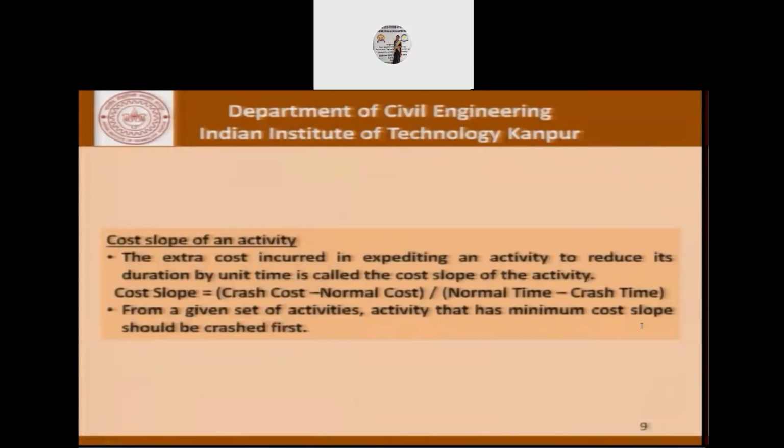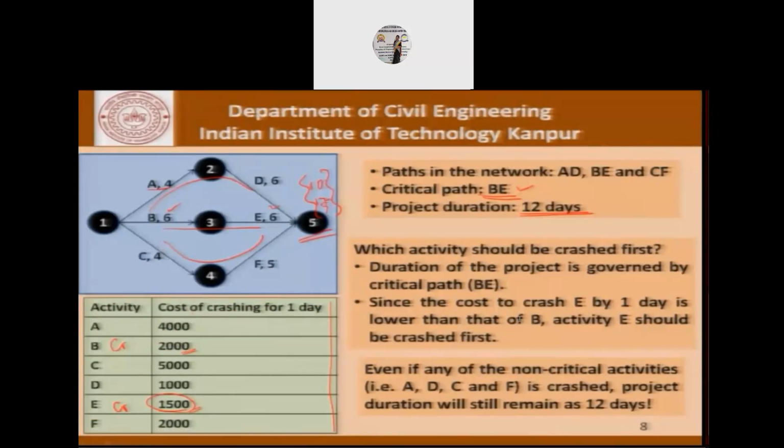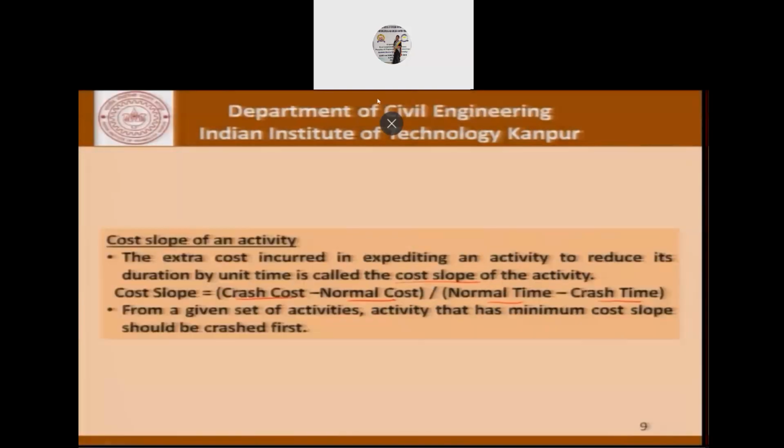Now let us try to formally define what is called the cost slope of an activity. The extra cost in expediting an activity to reduce its duration by unit time is called the cost slope of that activity. That is given by crash cost minus normal cost divided by normal time minus crash time. That is the cost slope. In fact, in this table, when the cost of crashing for 1 day was given, what was essentially given is the cost slope of all these activities. Because what we mean by this is that this is the cost that is incurred for crashing that activity by a single day. And obviously, from the given set of activities, the activity that has the minimum